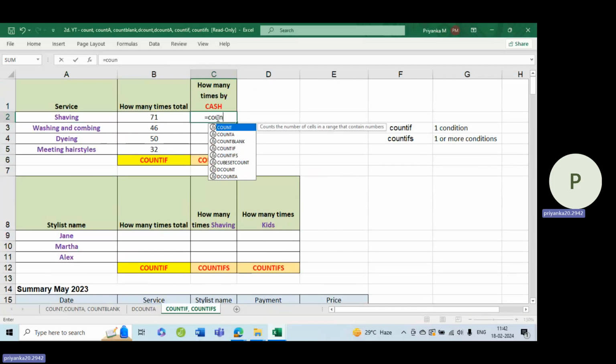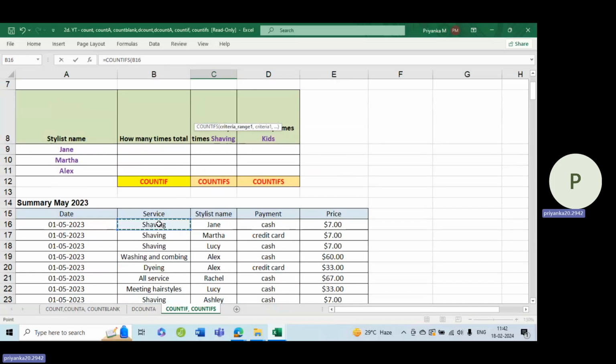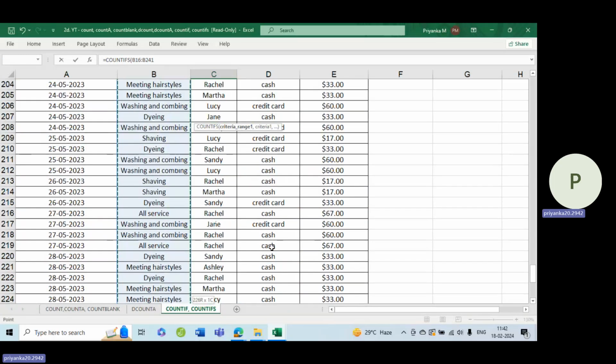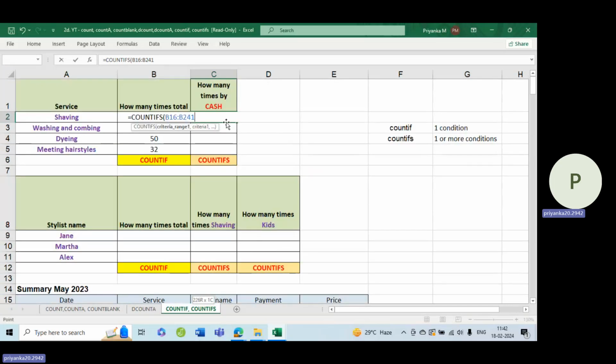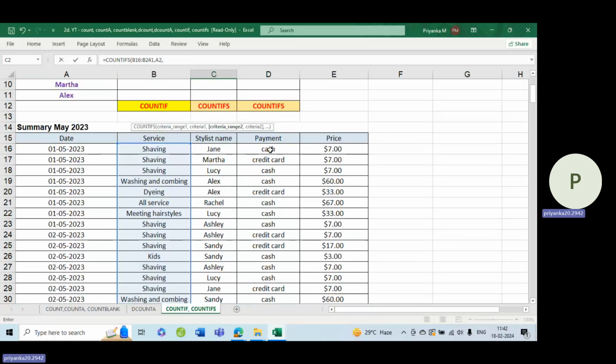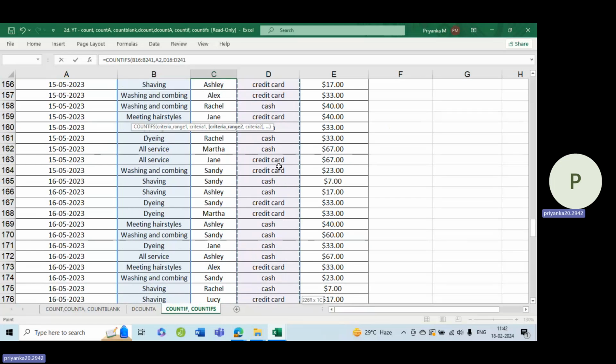So equal to COUNTIFS, tab, my first criteria. As usual, I'm going to take my first criteria range as my service. Shaving, Control Shift Down. You can obviously change your criteria; your first criteria can be cash also. So criteria range 1, my shaving. Then my criteria range 2 is going to be the column which contains the cash, so the payment column, Control Shift Down. Range,